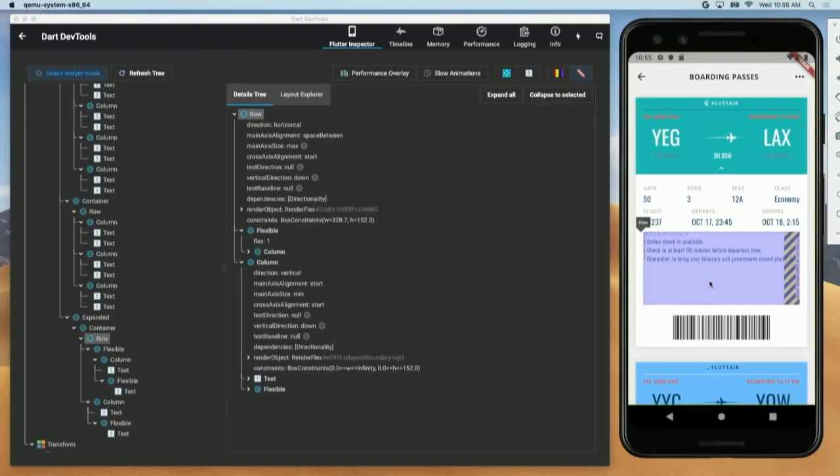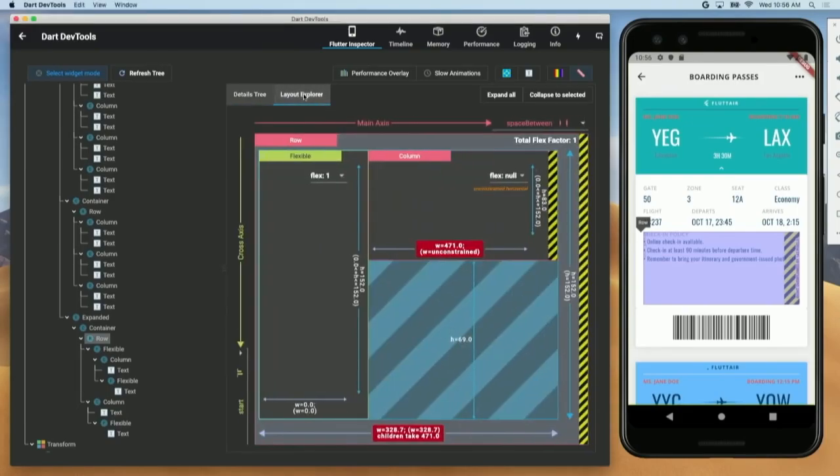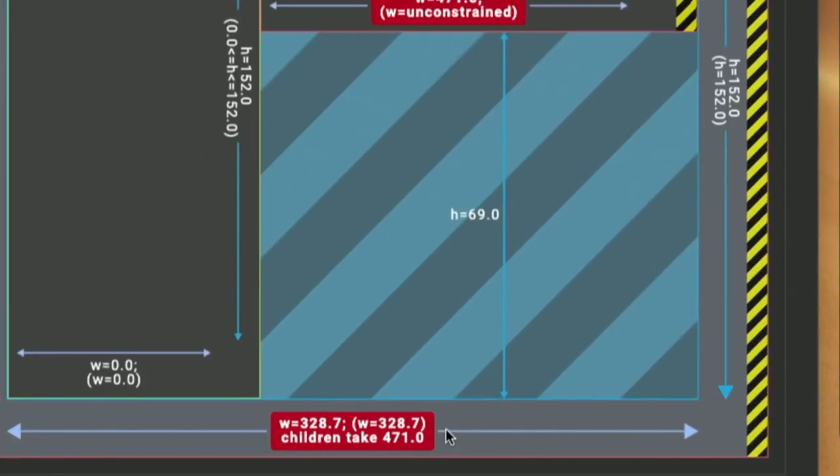So what Zoe's done is she's selected the component. And by the way, it turns out that the default view had all the information you needed to be able to find this problem. However, you might have trouble seeing it unless perhaps you all live in the matrix. For those of you who live in the real world, we have another feature we call the Layout Explorer. The idea with the Layout Explorer is it helps you visualize your layout using important properties like width and height and flex and alignment so that you can actually see what's going on in your UI